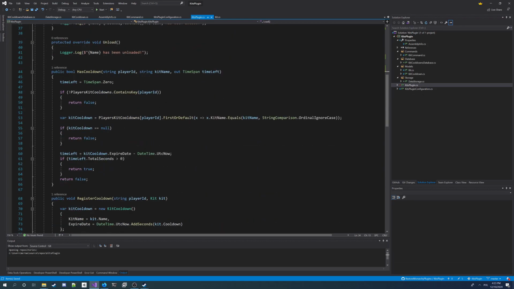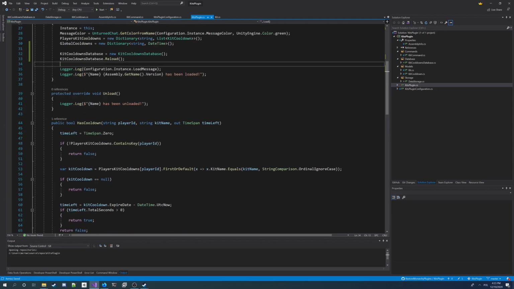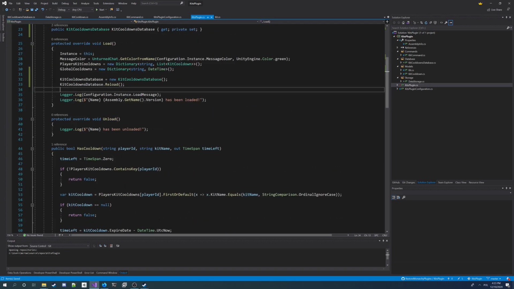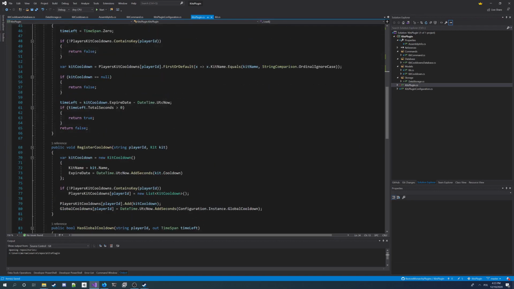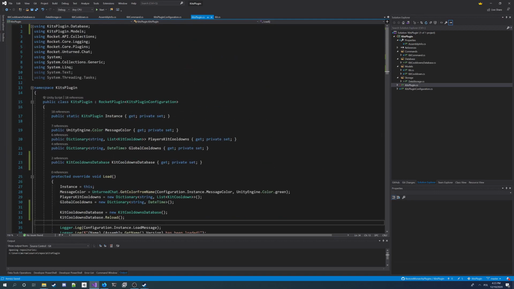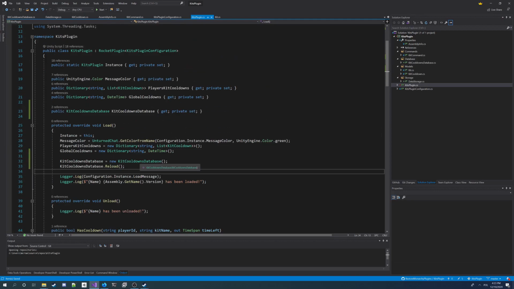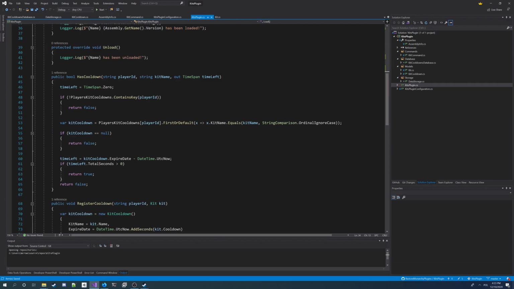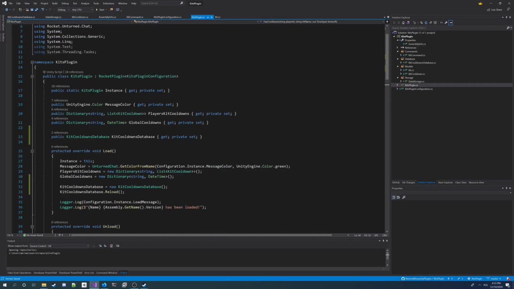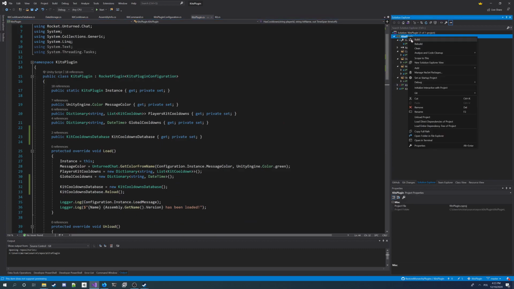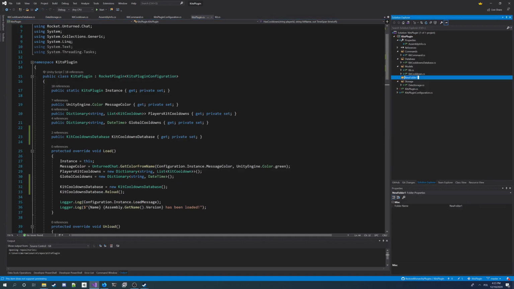So now here we should replace this stuff to use our database. But actually it's not a good practice to do all the stuff in your plugin instance class. So I'm always creating a new class where I execute this, where I have this kind of stuff. So I actually always create a new folder in my project. I call it services, and I'm gonna add a new class there, and I'm gonna call it